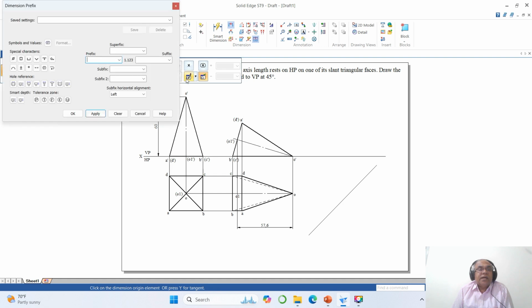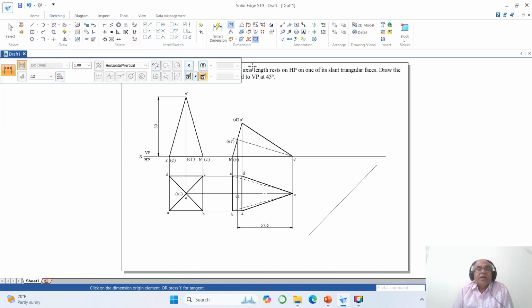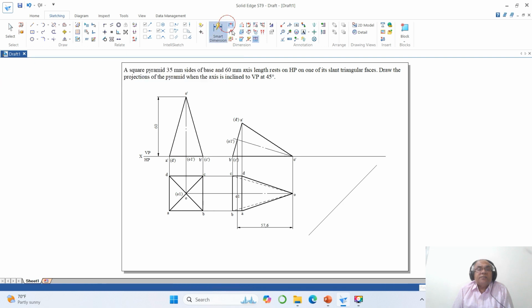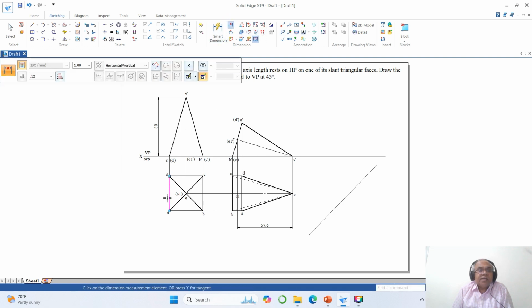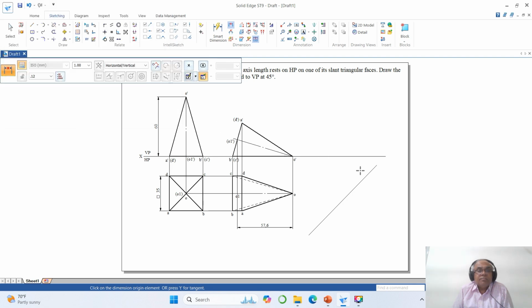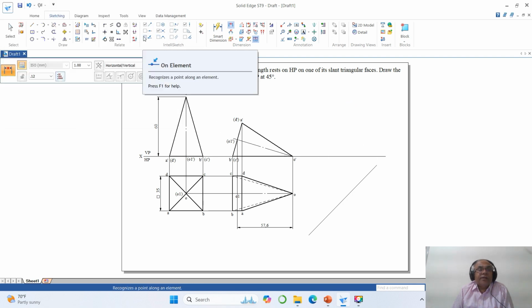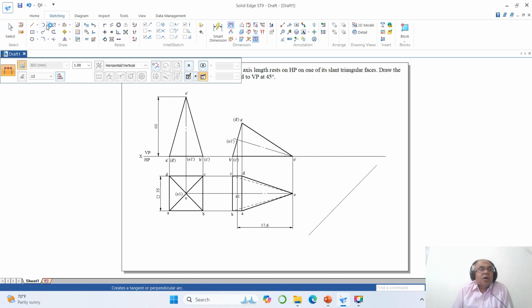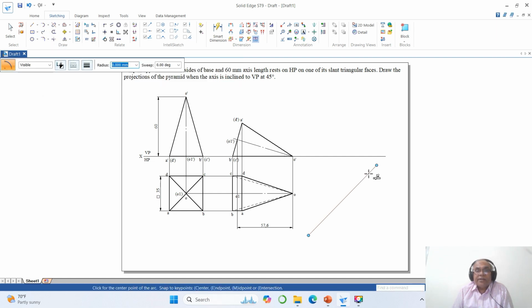Then you go to this and you make this as the square symbol, and you go to distance between. Select this line and this line, you make it square of 35. Then go to this and you make it clear. Okay. Now once you do that, go to point on element and you click on that, go to arc by center point, select some arbitrary point, take the radius as 60 and the sweep angle as 10 degrees. So you take the cursor here and you keep it, and you remove point on element and go to trim,